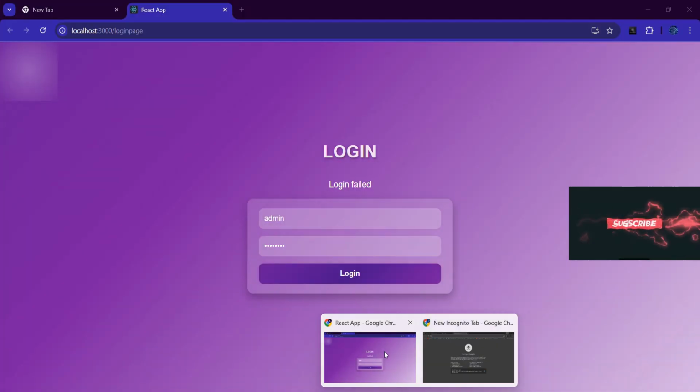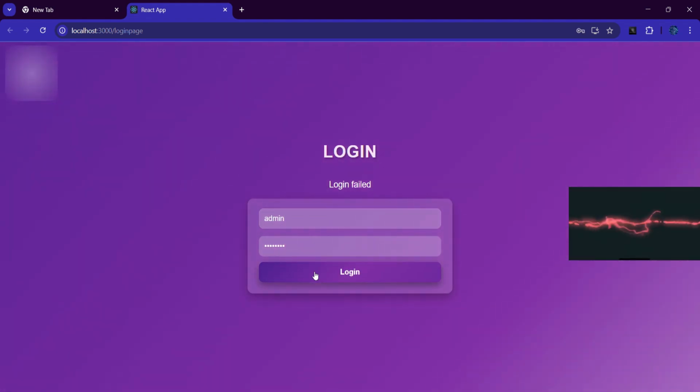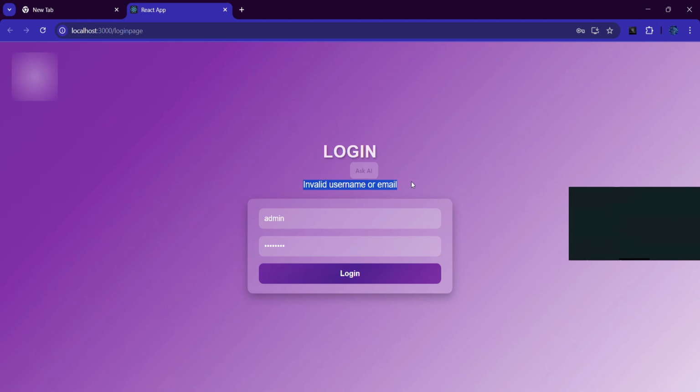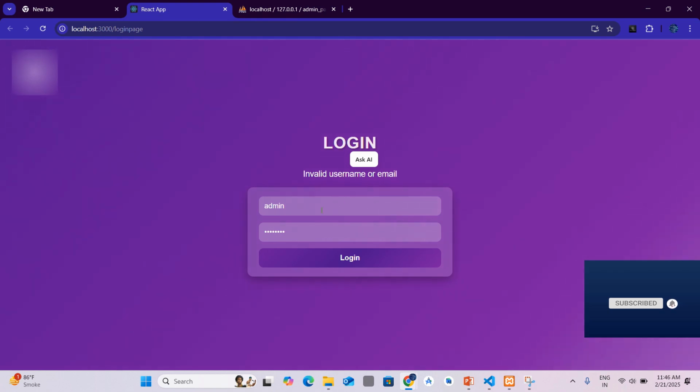Now, our React app can call APIs without CORS errors. Let's check it out. Okay, we have got an error as invalid username or email. That means our API is working. Let's pass the existing username and password.